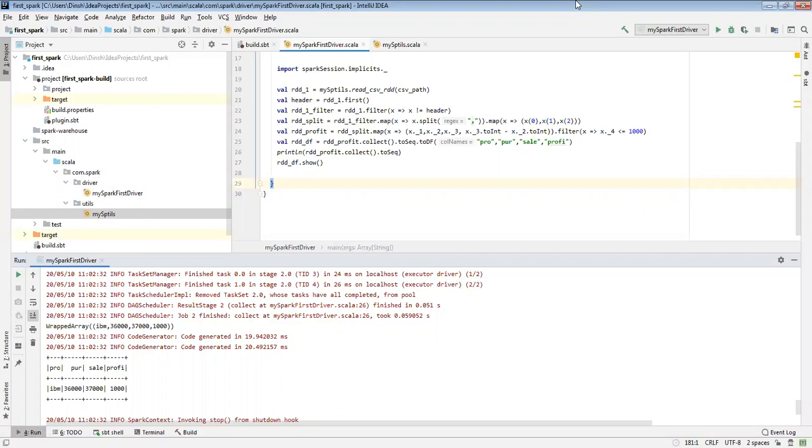Hereafter, the upcoming sessions might be interview related sessions: how you can attend the interview and those kinds of things you want to improve yourself on, and the project: how you are planning to do the project and what kind of project you're going to do. Because from the interview point of view, a lot of questions might be asked on top of your project. So that is what you need to focus on. So that's it, the Spark that we have seen in the previous in-person classes and these classes.